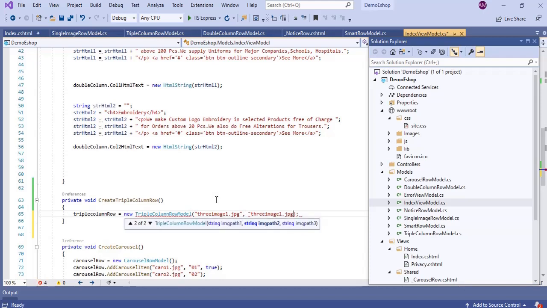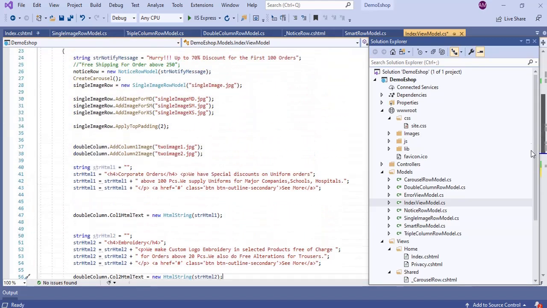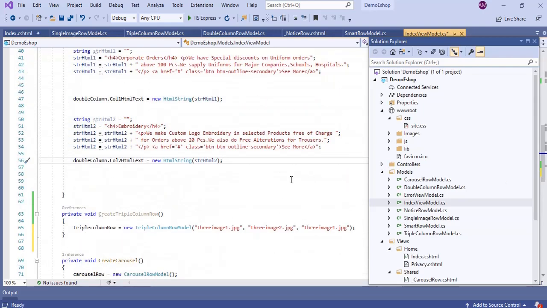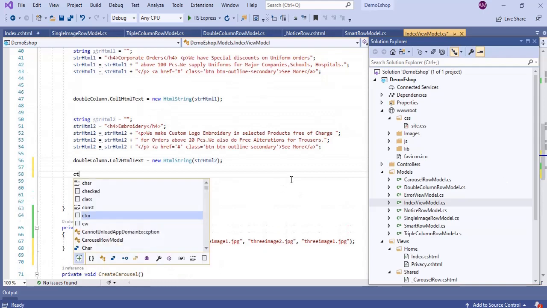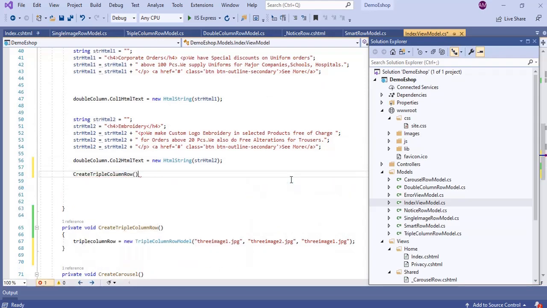Likewise, change it to 2, then 3. Then it's created. Then we will call the triple column row method after the double column, right? Create triple column row. That's it. So our IndexViewModel is also ready.